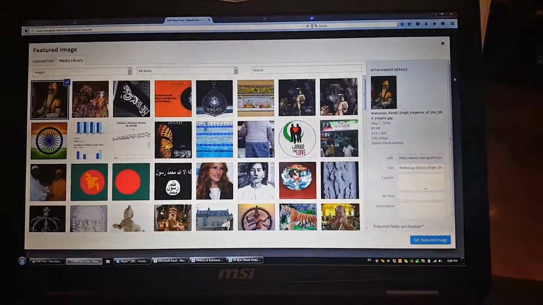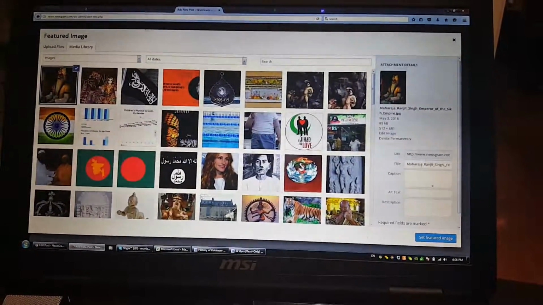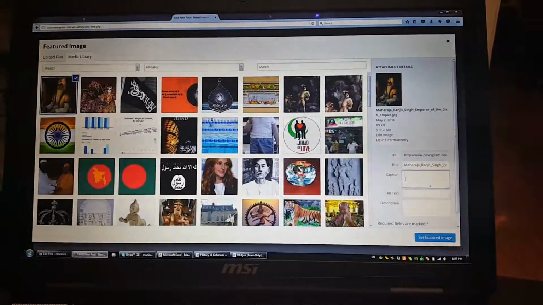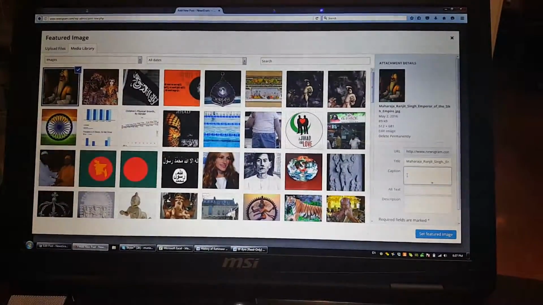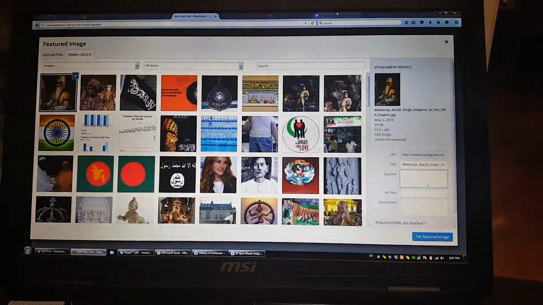So I pick up this image. Of course, this image is not related to this article, but I am just doing it for learning purposes. Then ensure that in the caption you write about this. The image always has to be taken from open source, so there is no copyright violation. I went to this Wikimedia